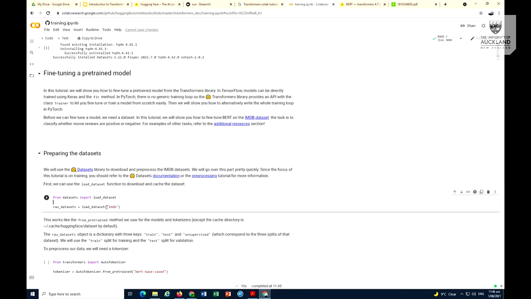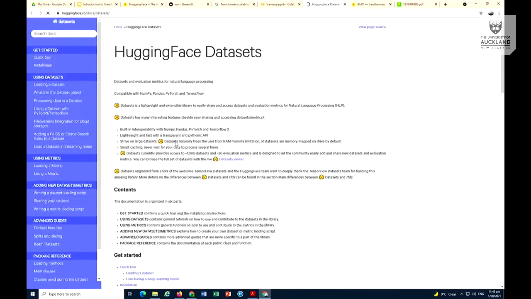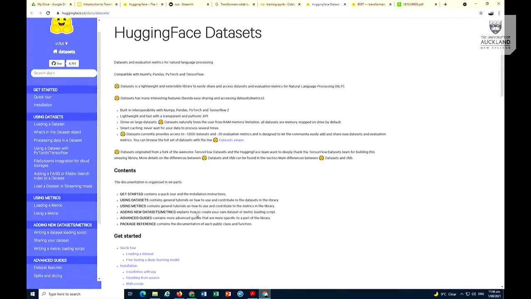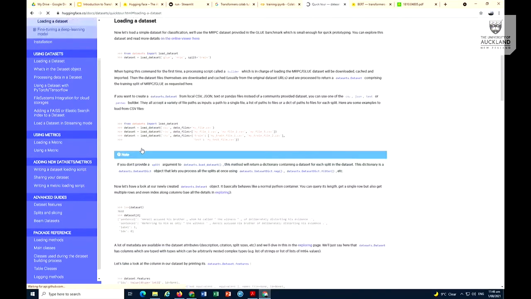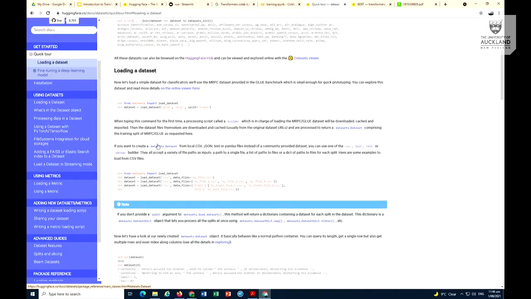They also wrap all these datasets around a library. You can go to their documentation if you want. In the documentation, if you go to load a dataset,